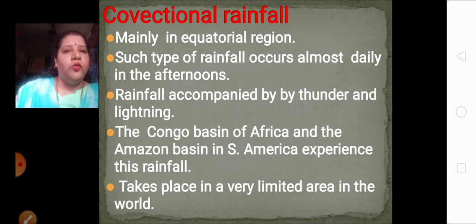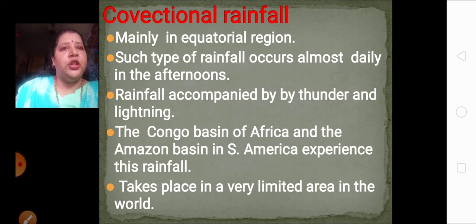What happens in this actually? Because of the sun, the temperature is very high, and the vapor goes high up into the atmosphere. Then it condenses to form clouds, and these clouds give away the rain. But you will say, Miss, this is the same thing that you are telling about the rainfall.